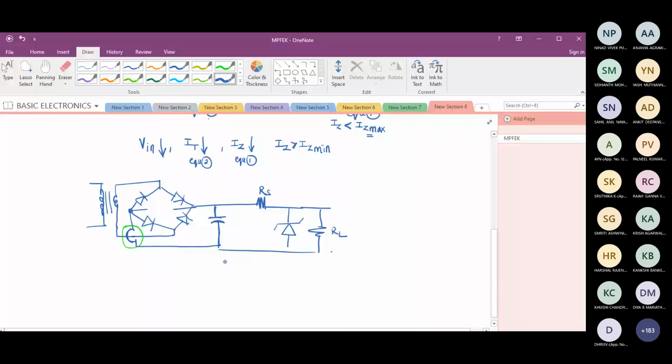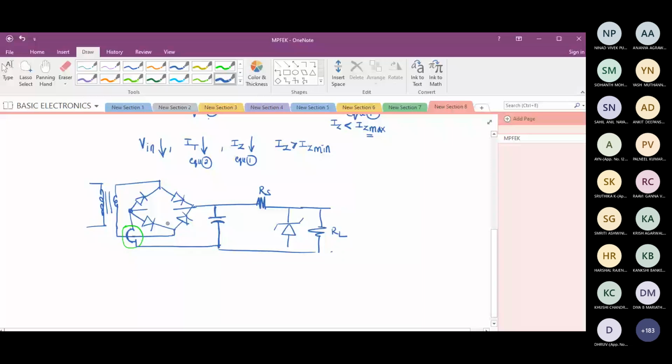If you want, you can connect a resistor here, but you have to choose that resistance value properly to get ripples if you want. Anyhow, you get it, because practically the diode will offer some resistance. Even under reverse bias condition, it offers some resistance. It is not infinite. It is not completely open. Some resistance it will offer. So need not worry.